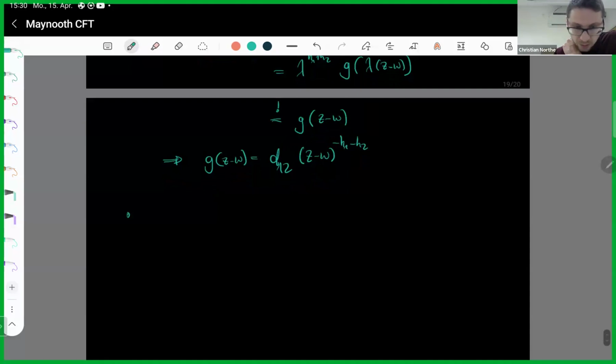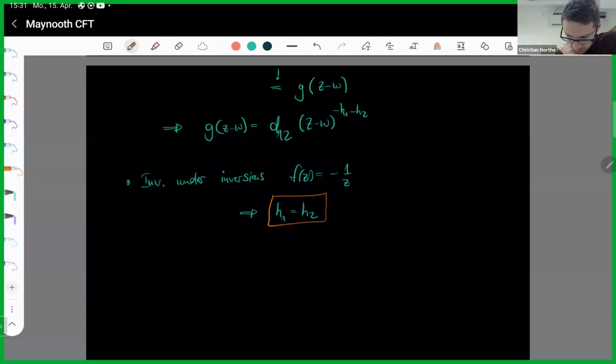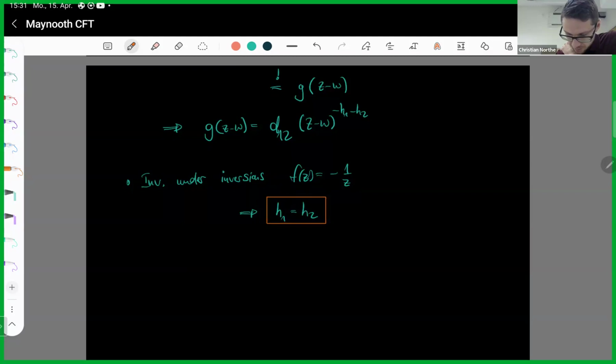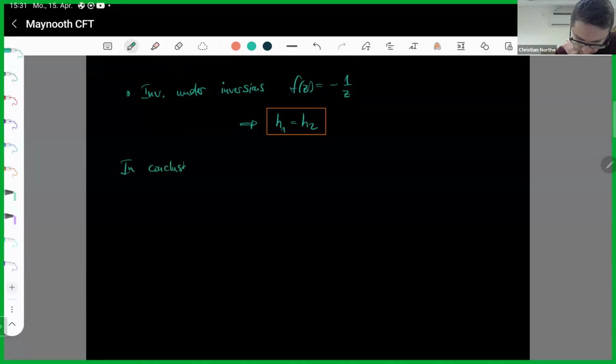The third thing that I won't display here is invariance under inversions. Instead of taking special conformal transformations, it's usually more direct to just take inversions, which means f of z is minus 1 over z, where the minus sign is just cosmetics. In the notes, I carry out how you would proceed. And from here, you find the important constraint that invariance under inversion can only be satisfied if and only if the conformal weights of the two contributing fields are indeed the same. Okay, so in conclusion, we find for a two-point function